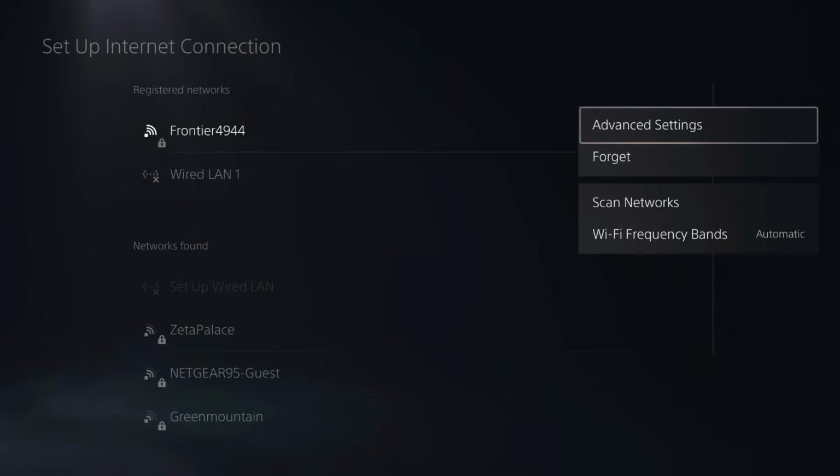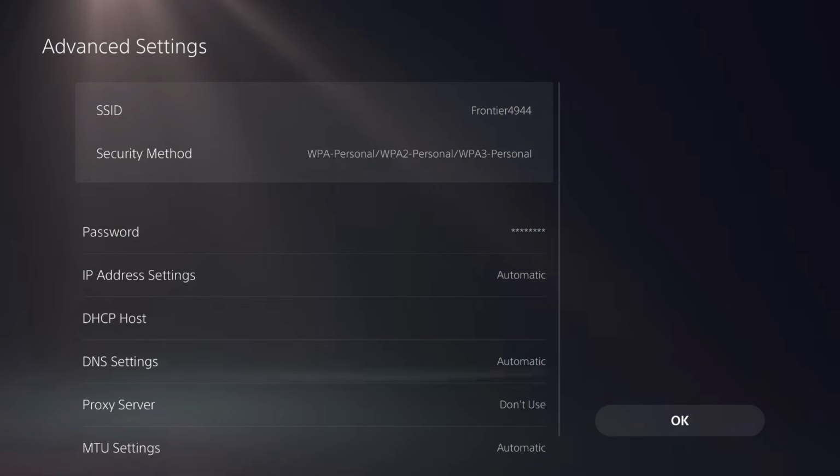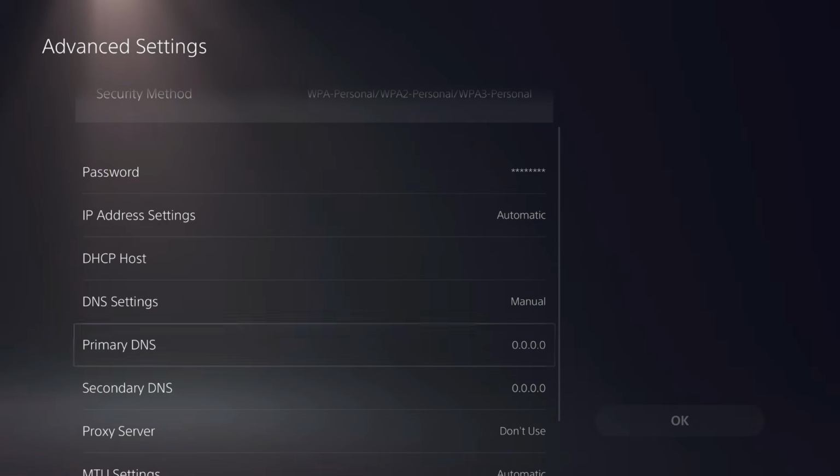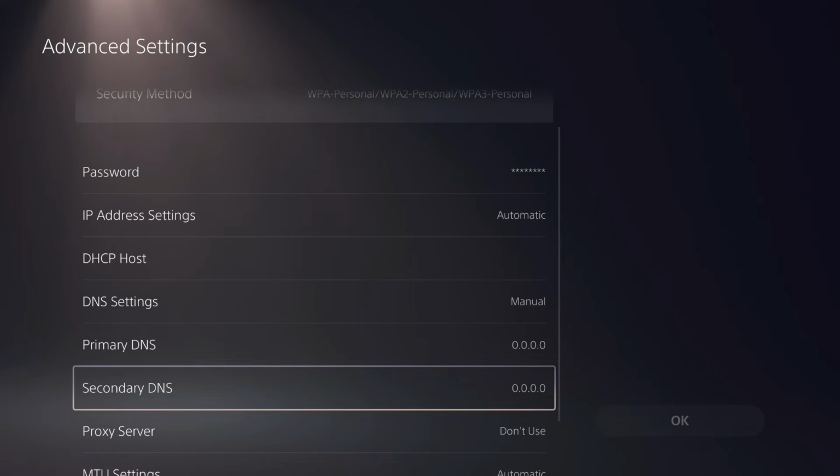You're gonna come to where it says advanced settings, and then you're gonna scroll down to where it says DNS settings. You're gonna select manual, okay? And that's gonna say primary DNS 0.0.0.0, secondary DNS 0.0.0.0. So to be able to go ahead and get the information we need for the primary DNS, what you're gonna